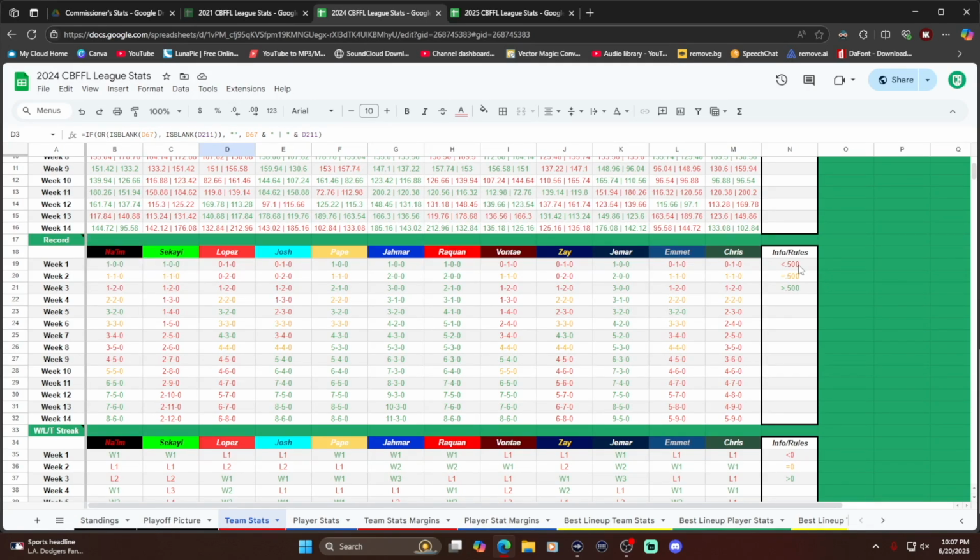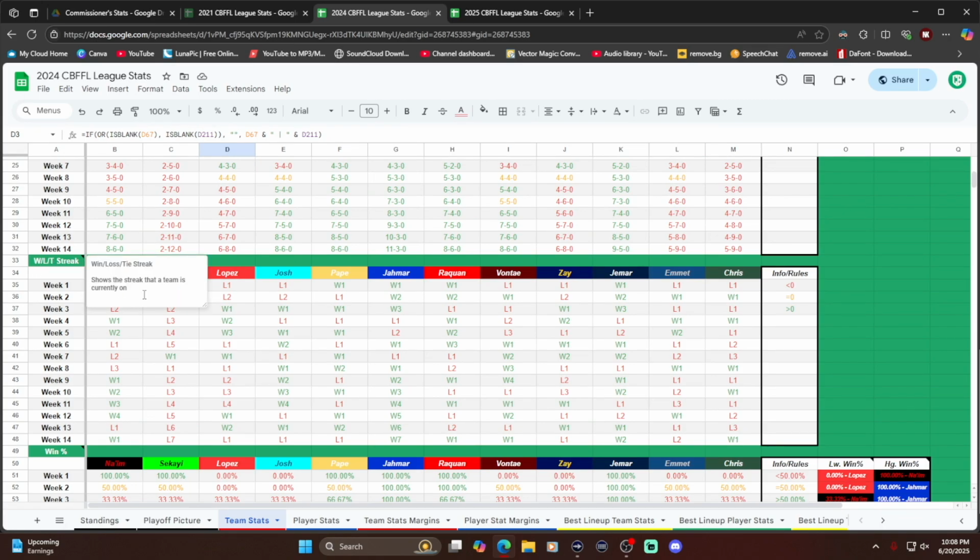And for rules, if you're under .500, you're red. If you're at .500, you're yellow. If you're above .500, you're green. So we got Jamar 2, Raekwon, and Jamar 1. As you can see, they were never under .500 at any time this season. But for maybe somebody like Naeem, he was under .500, he was at .500, and he was above .500 to end the season. And somebody like Chris, he was never over .500 at any point during the season. Sakai happened to be above .500 week 1. Fortunately, he didn't finish that way. Next,